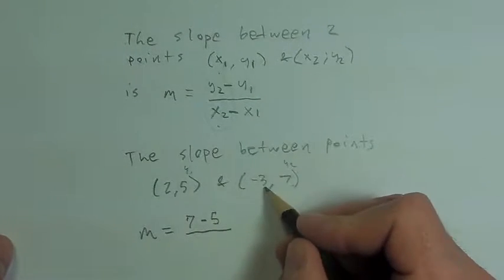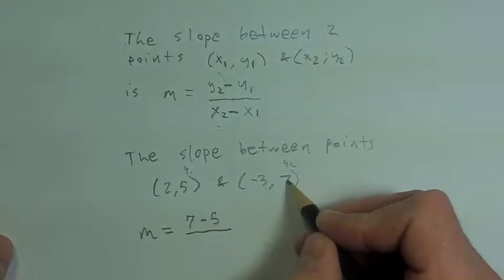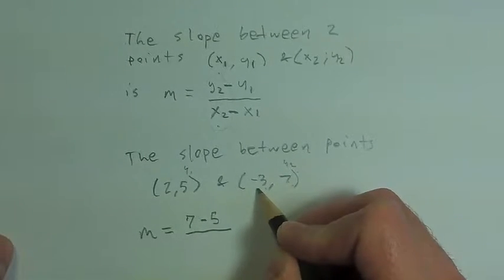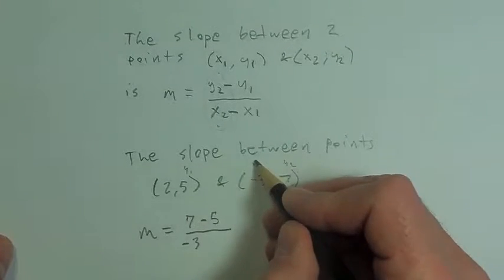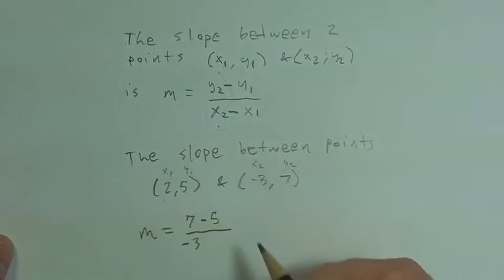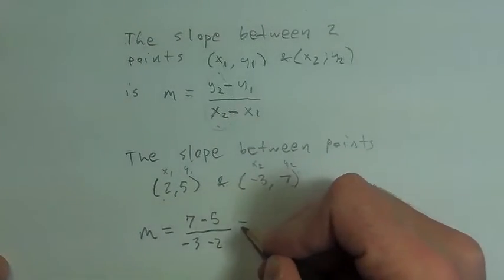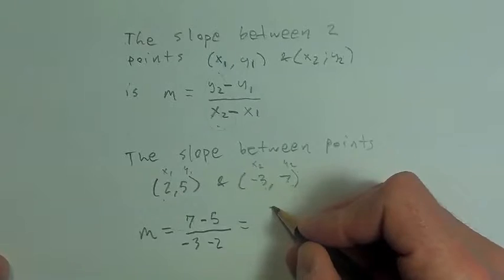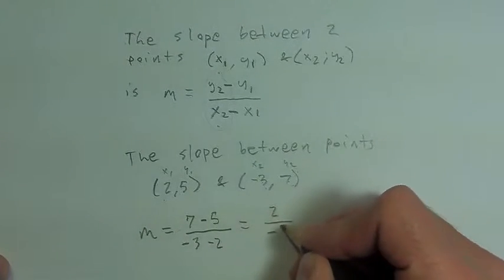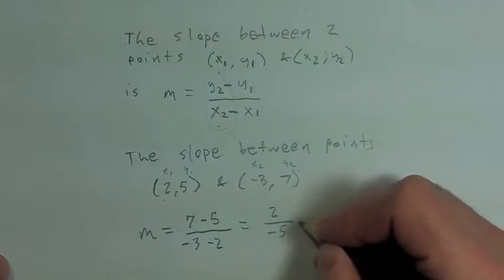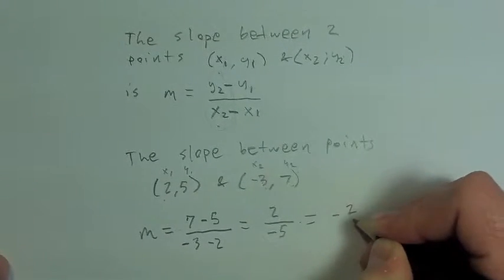And then now I have to stay consistent. So I already started with a 7 here. So now in the denominator, I need to grab this -3. It'll be -3, because here's my x2 minus my x1. So -3 minus 2. Okay. So we're going to end up with 2. And then on the bottom, the -3 minus 2 will give me a -5. Okay, so this is a slope of